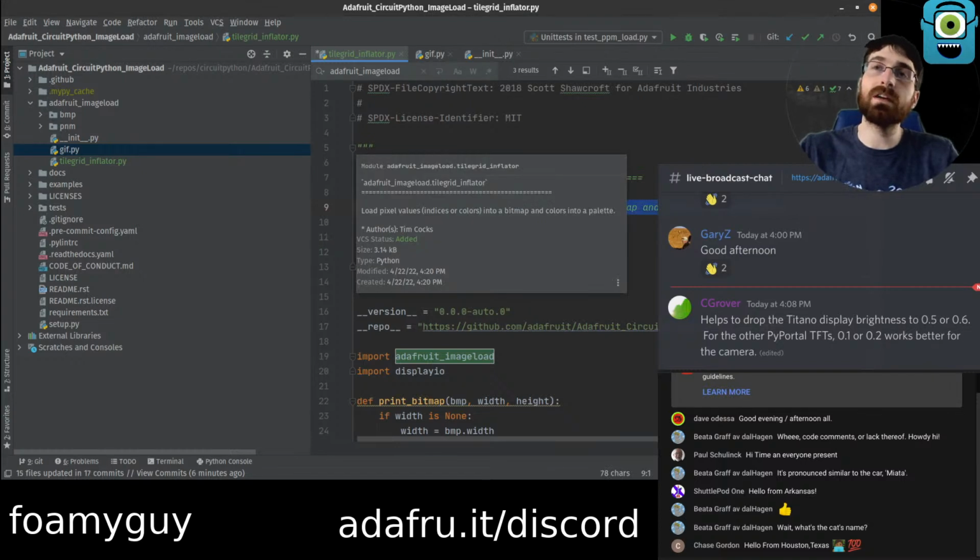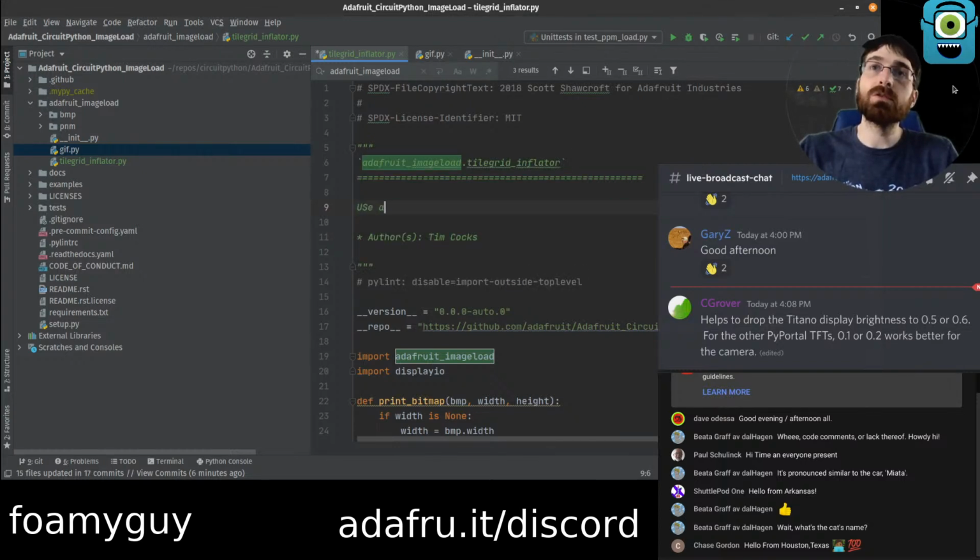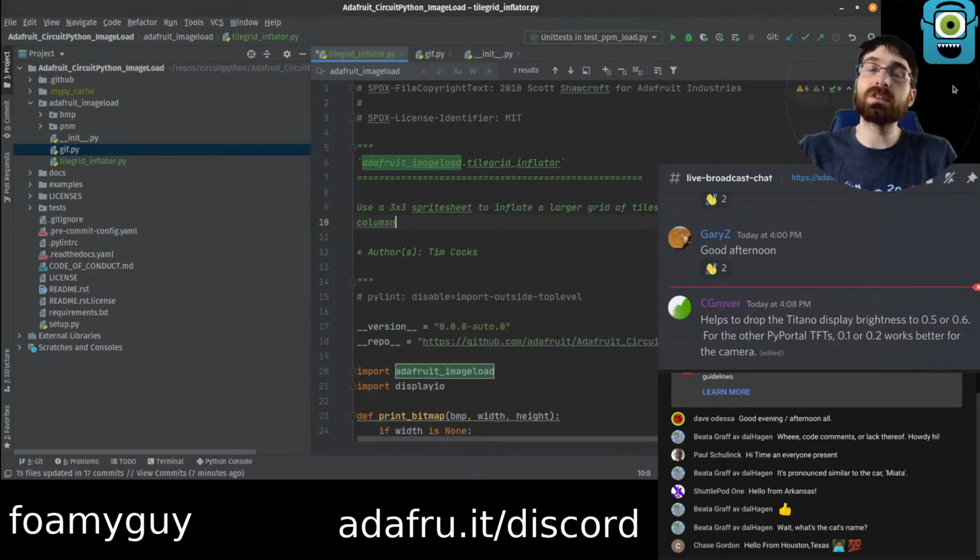Use a 3x3 sprite sheet to inflate a larger grid of tiles, duplicating the center rows and columns as many times as needed to reach a target size.